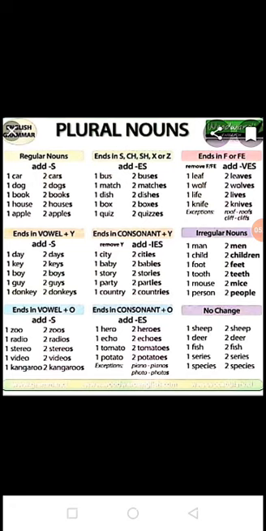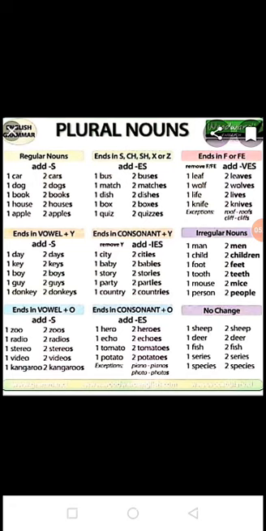But before O, there is another vowel, O. Zoo, zoos. Radio, R-A-D-I-O. O is there, but before O, there is another vowel, I. Radio, radios. Stereo, stereos. Video, videos. Kangaroo, kangaroos. See, ends in vowel plus O. It means that before O there are other vowels.